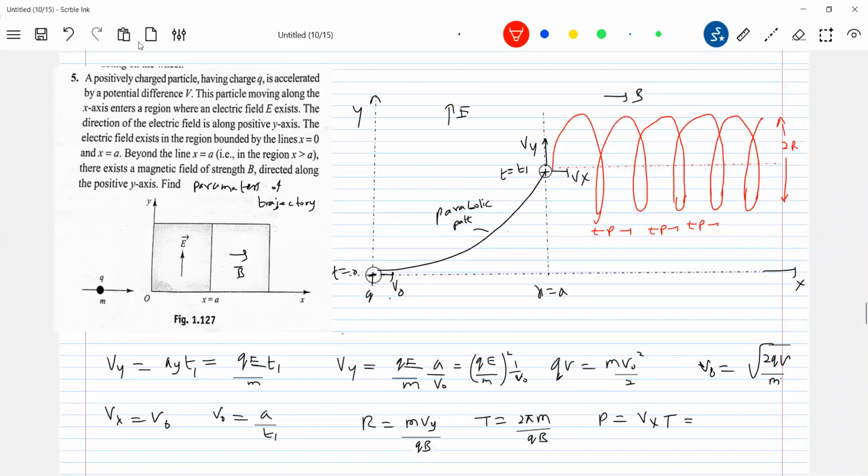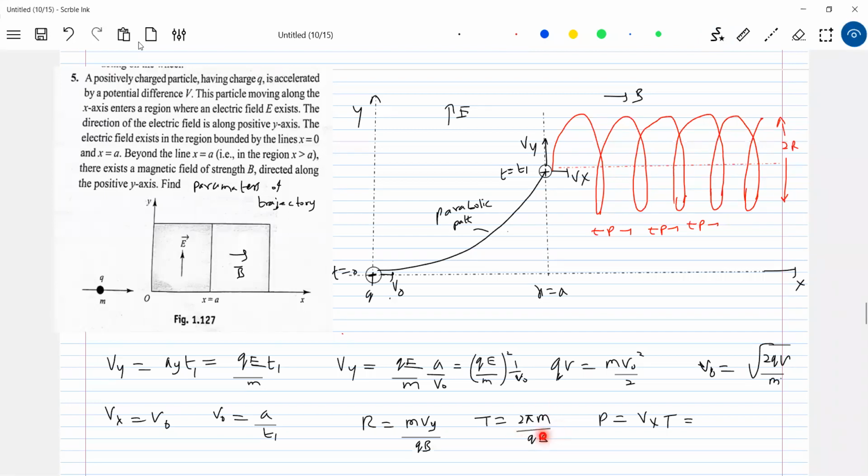Okay, this is about the helical path. So substitute all this one. So what are the types of question? As the potential difference is increased, what will happen to the time period of revolution of the particle in the helical path? What we have to say? I think the time period is independent of speed, no? With what speed the particle enters the magnetic field, that will not determine it.